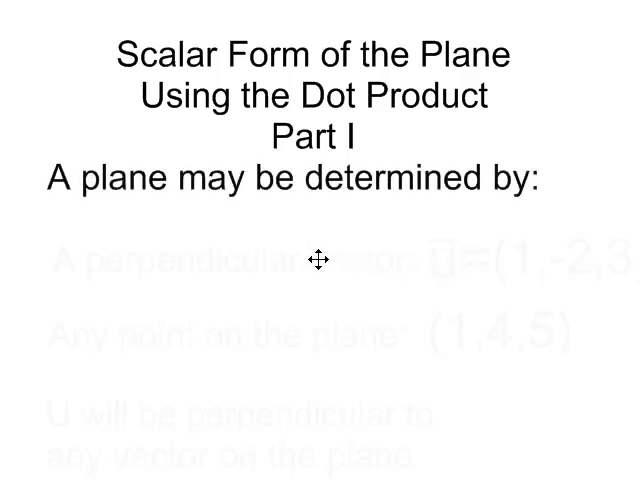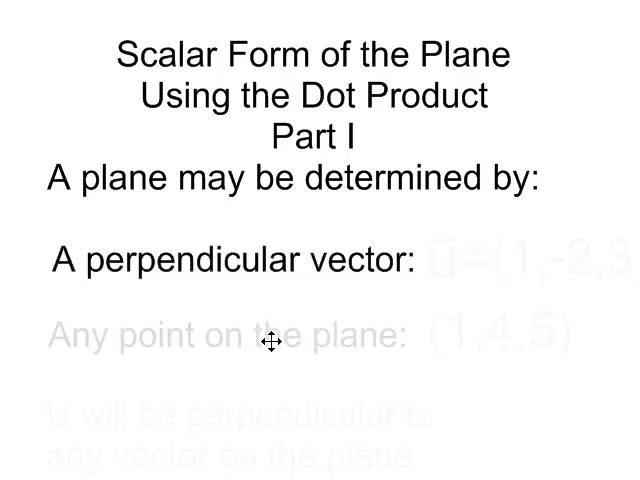Now that we're comfortable with dot product, we're going to be using it to determine the scalar form of a plane. And so you've probably learned that a plane can be determined by 3 points. Similarly, when we're dealing with vectors, a plane can be determined by a perpendicular vector and any point on the